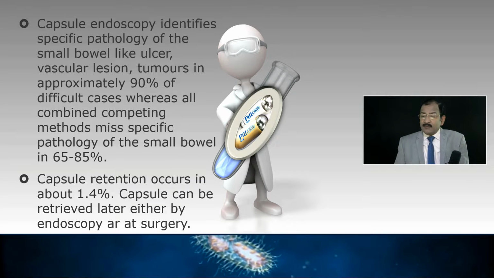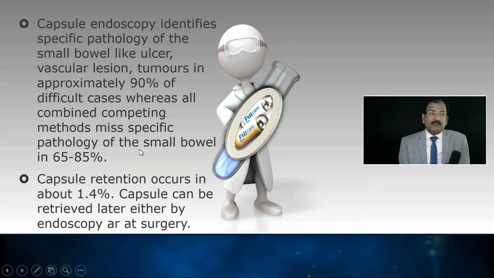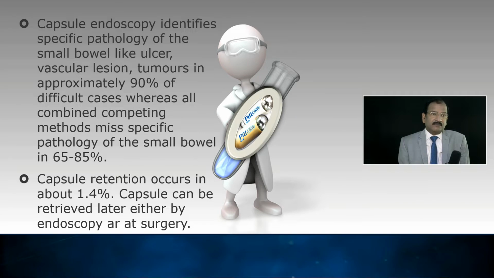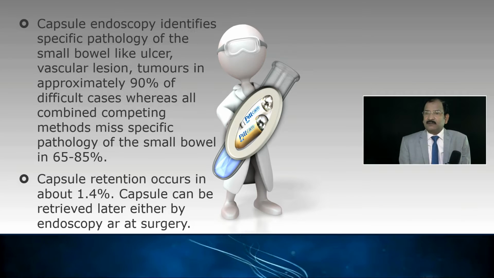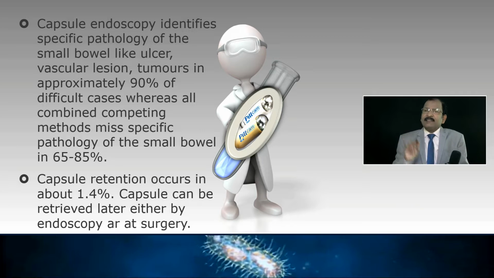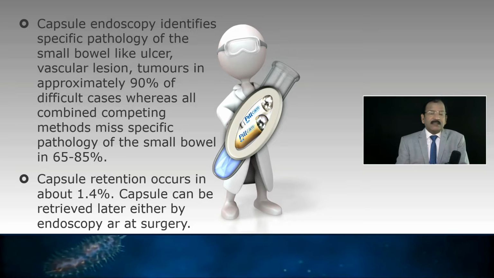It has a problem that 65 to 85% of a specific pathology is missed. If it is a generalized pathology, it is good. But if it is a specific, single pathology, it will be missed. Like suppose a single point GI bleeding is there. There is a huge chance that it will be missed by this. The reason being,